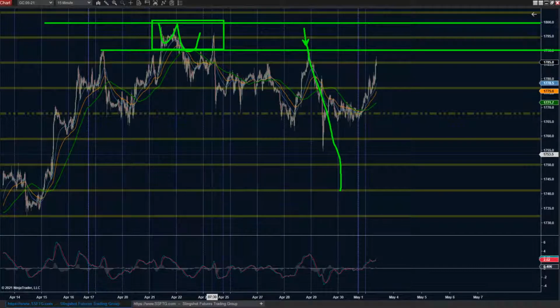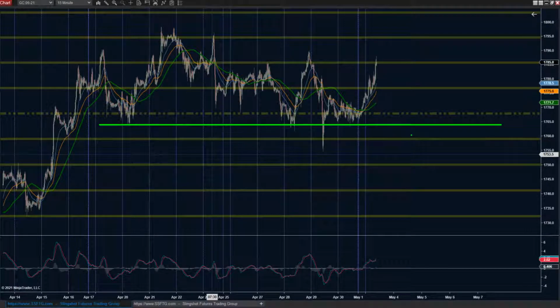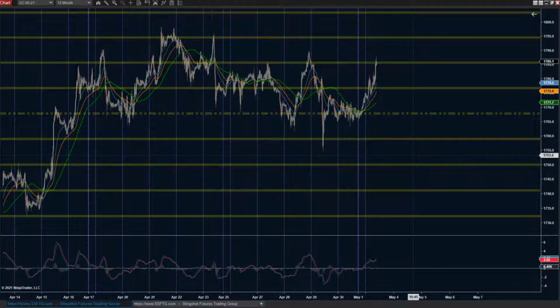Now, what's interesting is after that dump, which is where you would expect a larger trend to potentially take place, it didn't. The sellers just got stuffed. They couldn't get the move going back to the downside, and the buyers held it off of those lows. So almost a guarantee that there are a lot of sellers who are stuck, and they are stuck in a real bad way. Chances are a lot of the POCs are probably hovering back in price action here. That's not that hard to see.